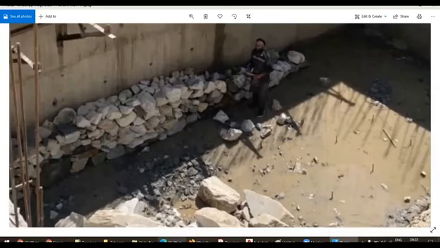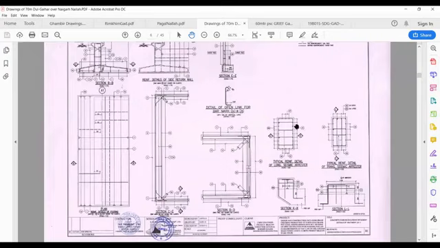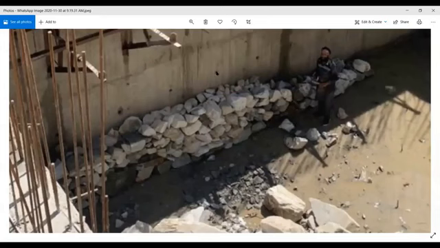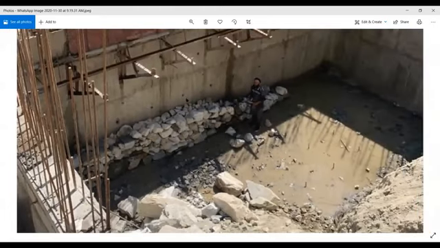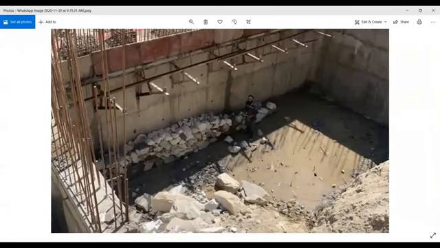This is, if you look at the drawings which I showed you, see how they had written 600 thick filter media, right? That is what is being placed. And what you see here are weep holes. What happens is that when soil, so you put this filter media all the way up to top, on back of it, you'll fill it up with soil. So as and when in future there is rain and everything, this soil will soak up water. So these weep holes which are present here, and I think also on this return walls, they allow,